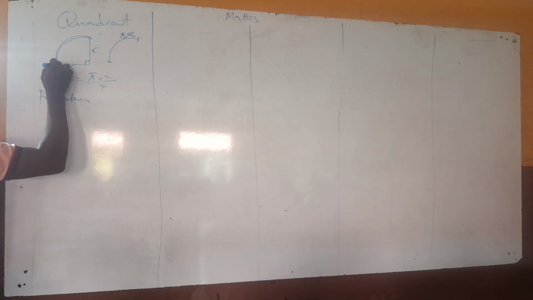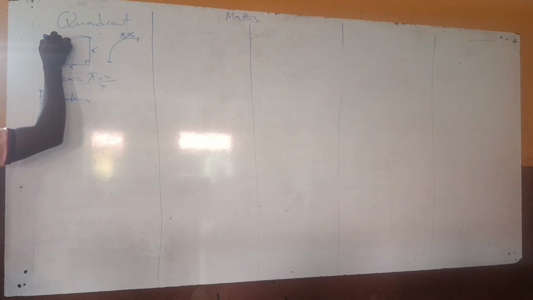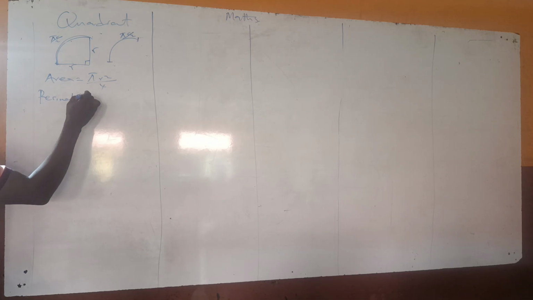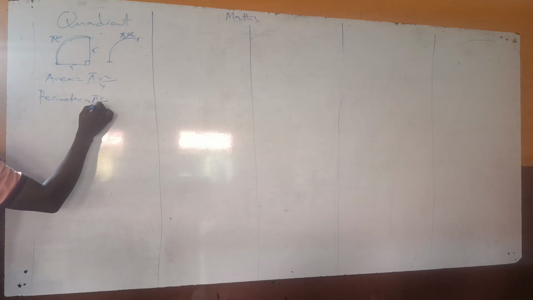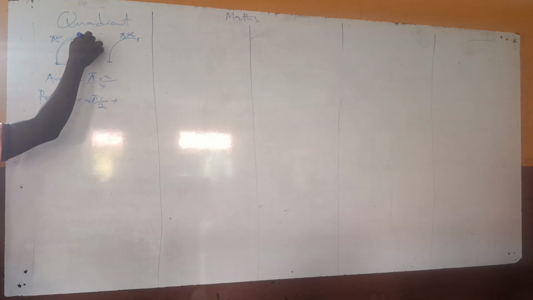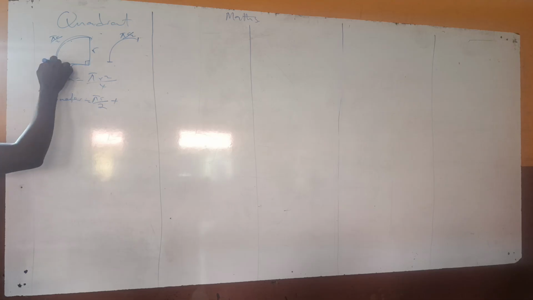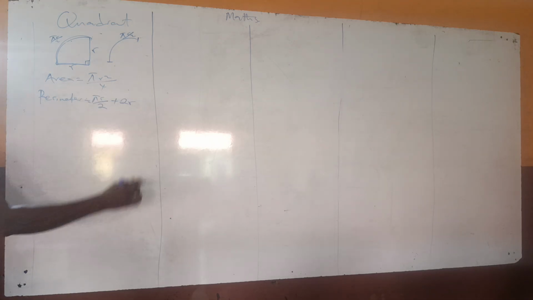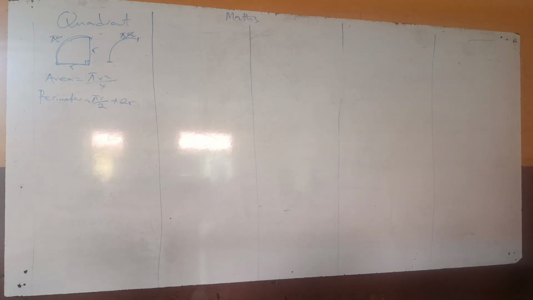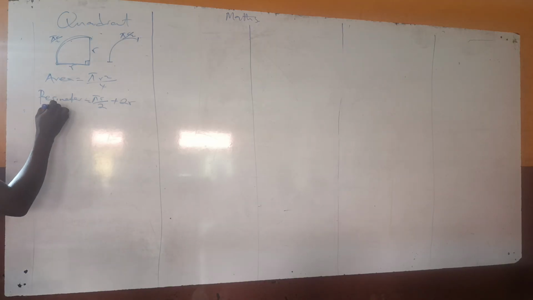So your perimeter is what? Here to here, pi r over 2, plus what? r plus r, that's what? 2r. Pi r over 2 plus what? 2r. So when you have a question of this sort,